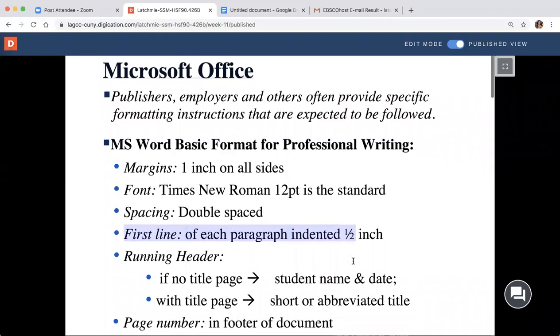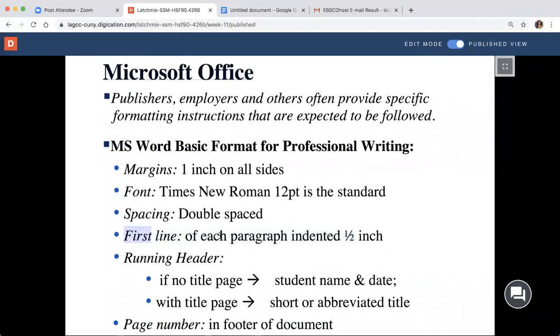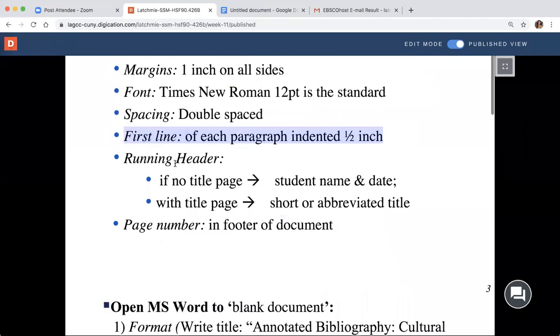a half inch. There's also a thing in Microsoft Word when you want to indent a half inch, it's called hanging. I'm not sure if they have it on Google Docs because I've never used that feature, but that's what it's called in Microsoft Word. Also, we're going to be